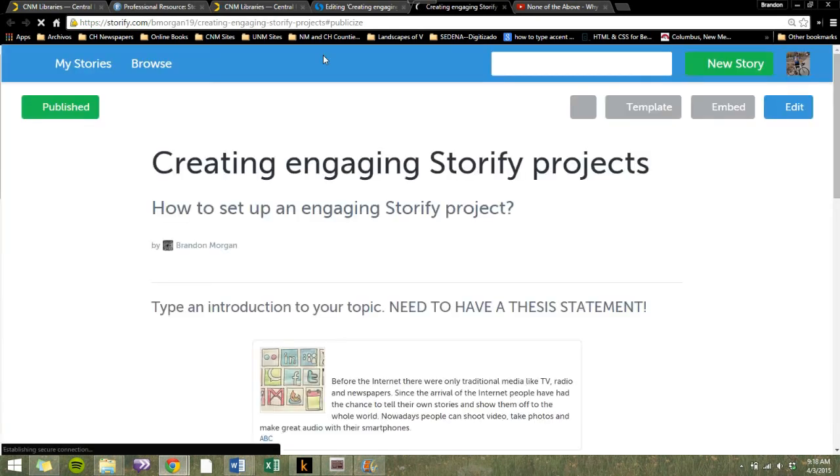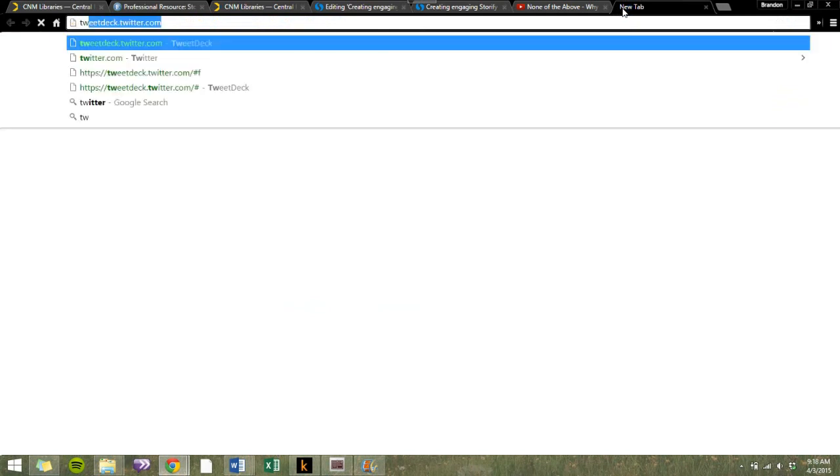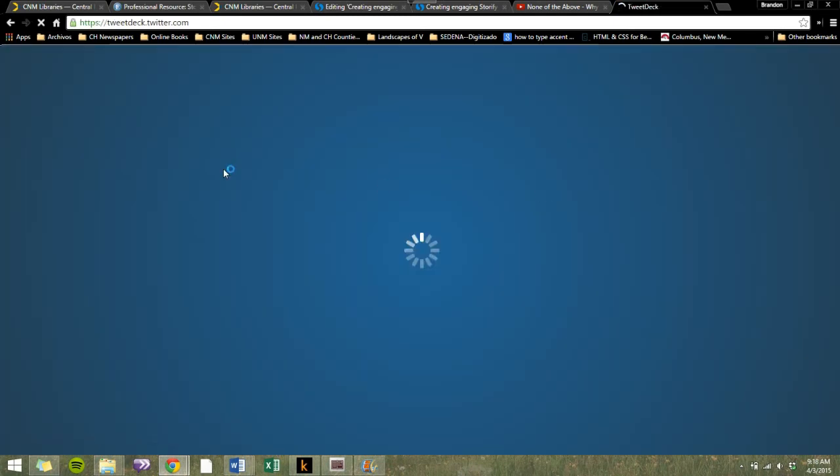You want to view and publicize it. So you click on that green bar that came up, and it will open a new tab or a new window. And here, once you have published your Storify, you can come up here and highlight the URL, copy it, and then you'll want to go over to Twitter. I use TweetDeck. I've told you that before in other tutorial videos. If you use Twitter, just go to Twitter, and then you just want to create a tweet, which got to